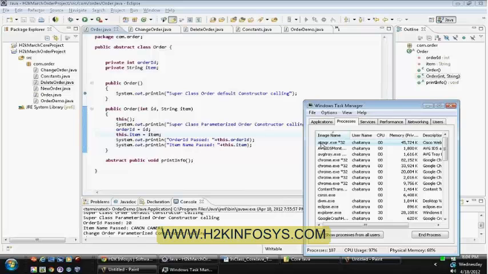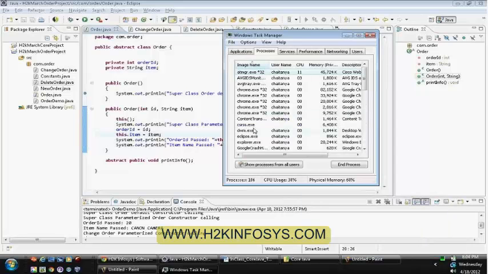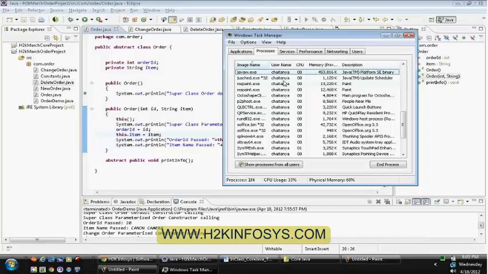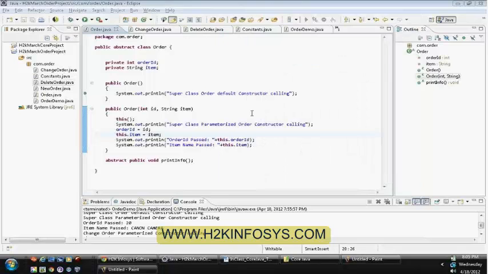If you go and verify your task manager, you can see that javaw.exe file, and it is occupying 453 MB. Normally, Eclipse will get 512 MB of RAM for JVM memory allocation.